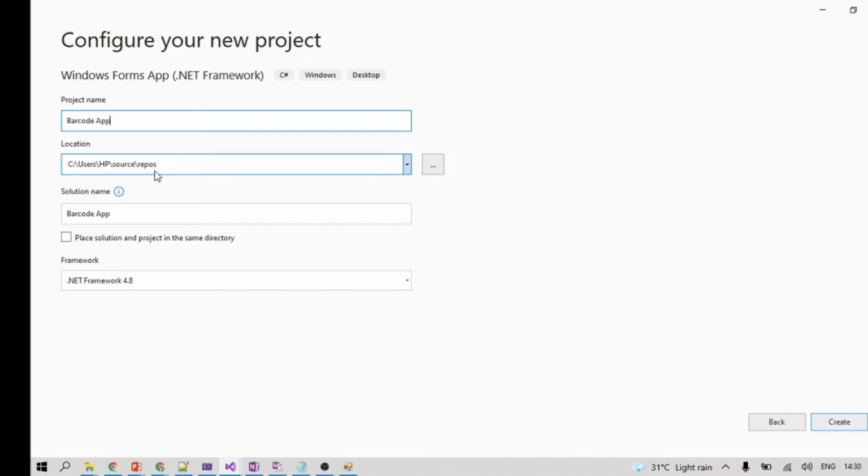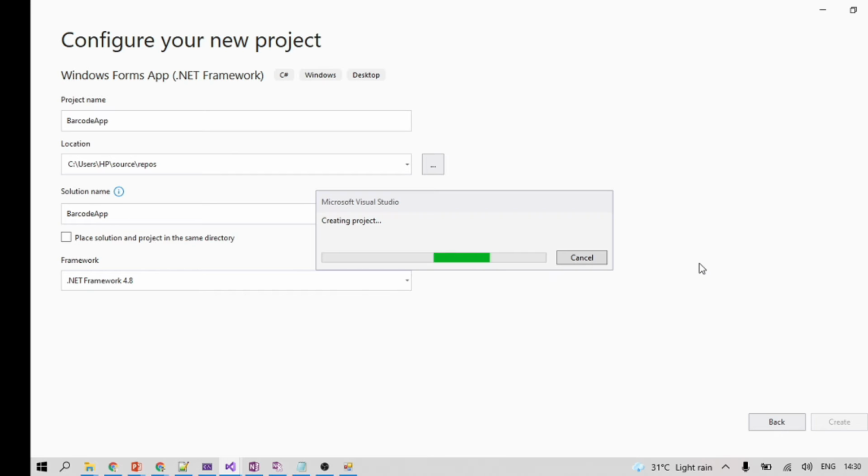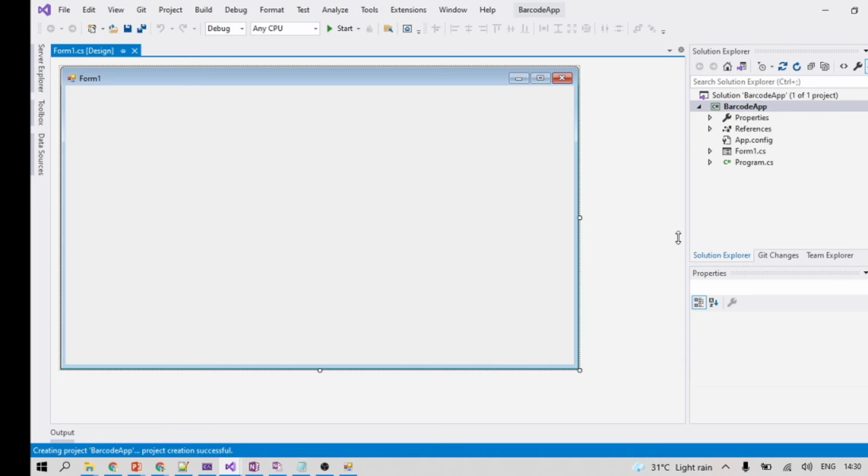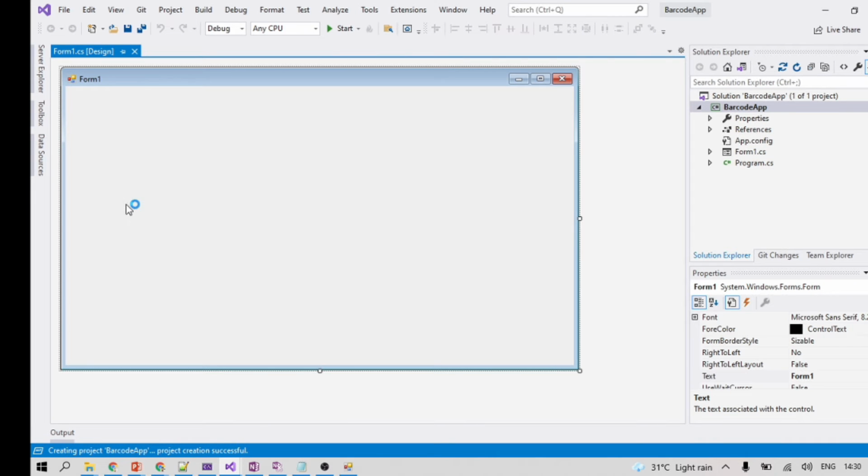Framework 4.8, create. This form is generated already.